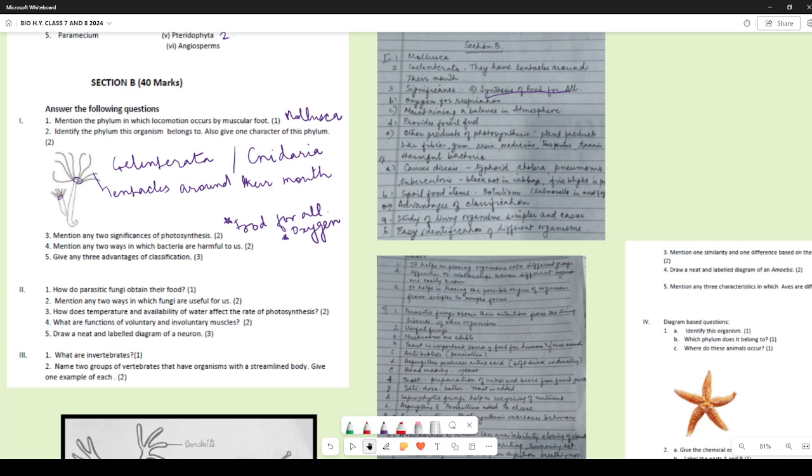Mention any two ways in which bacteria are harmful to us. So the bacteria, they cause diseases. So what diseases do they cause? So they cause typhoid, they cause cholera,